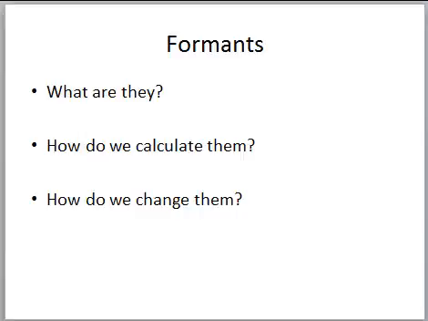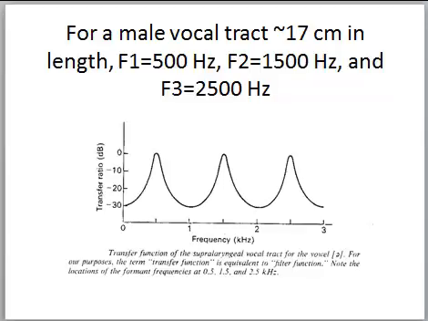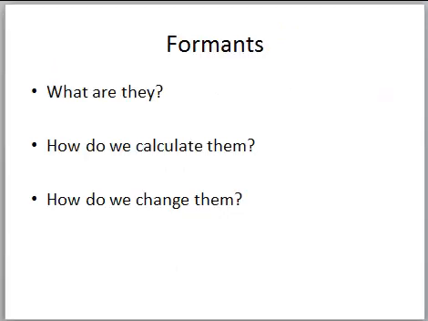So how do we change formants? Before we get to that, let's look at a picture of that schwa vowel. You can see here the formants are falling at 500, 1500, and 2500 hertz. Okay, so how do we change formants? The way that we do that is to alter the shape or the length of the vocal tract. And we can change the values of the formants from those resting values at the schwa to some different values.